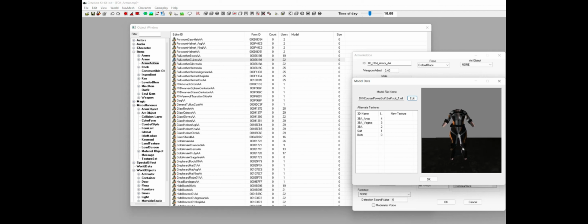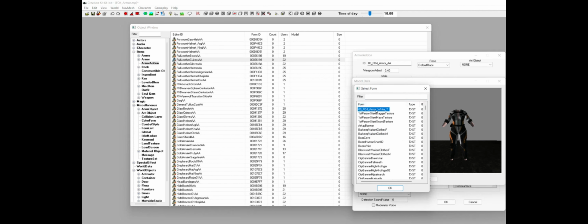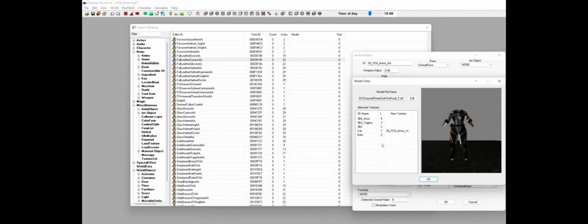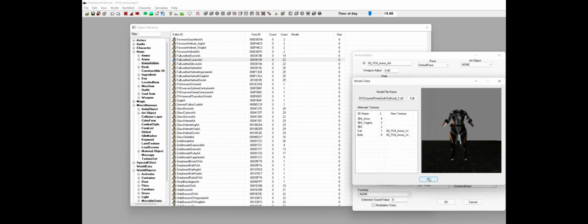Okay, it looks alright because we already made the texture in Outfit Studio before, but if you did not, it would be purple. Anyway, let's replace the texture because we only have one, but in case you have several textures, that's how to do it. You right click, take new, choose the proper relevant texture. So in our case it's white, and white again, and you do that again for every different color.